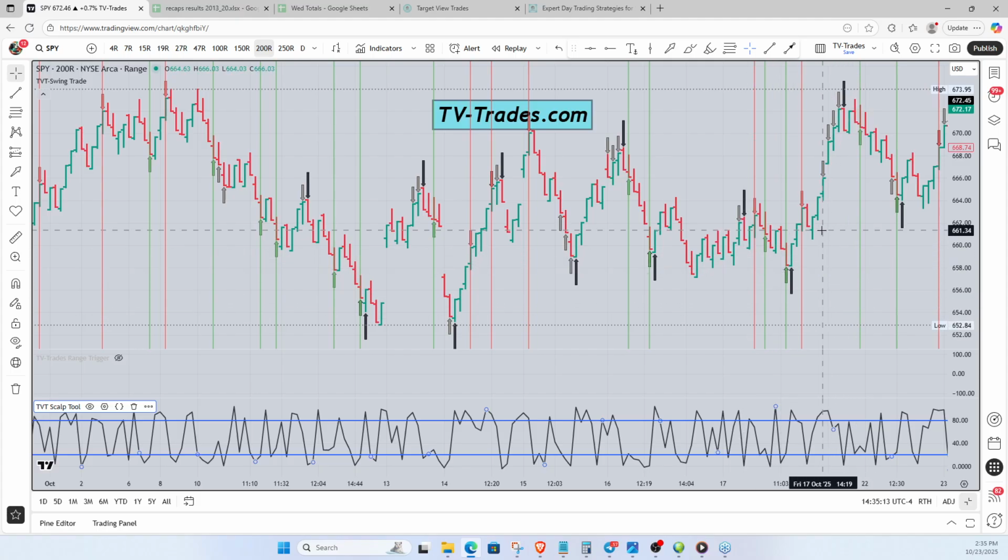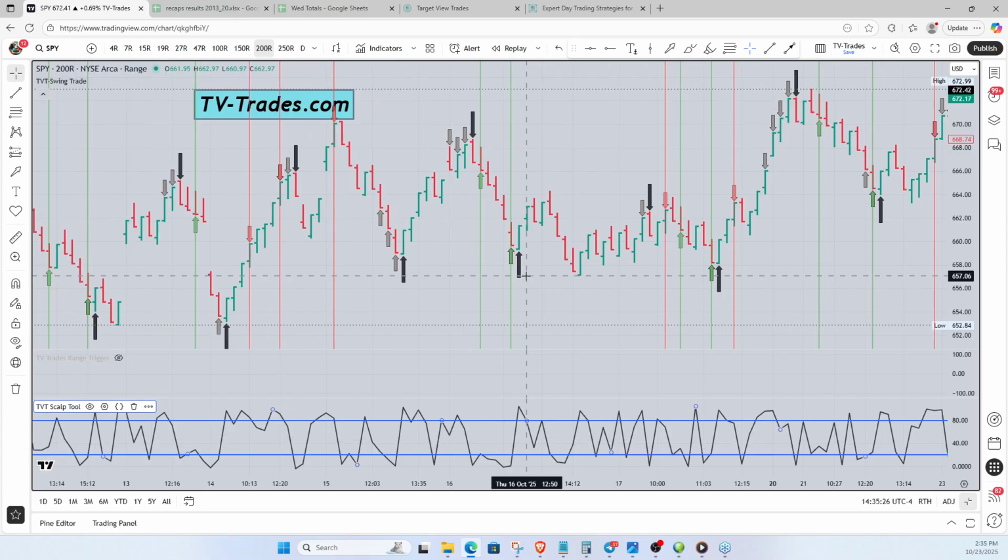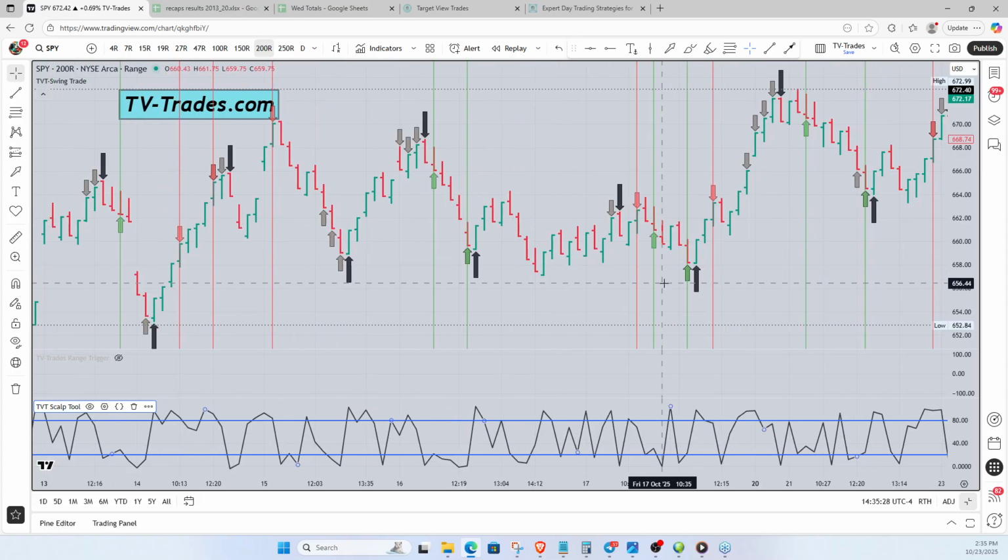However, the one thing that I would say, if you do have both of them on and they both indicate a long trade, well, then you probably want to get on that. Or they both indicate a short trade. You'll see things here like this, Hal. Let me just spread it out so you can see a little bit better.